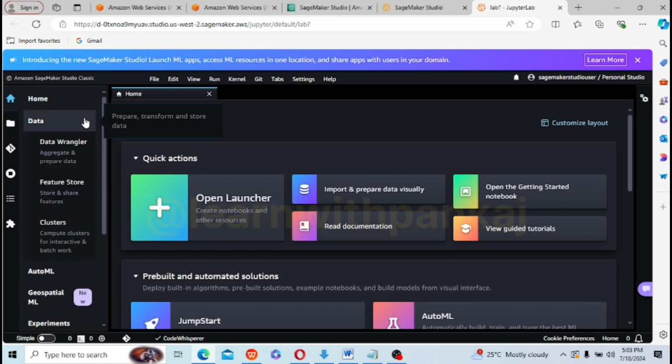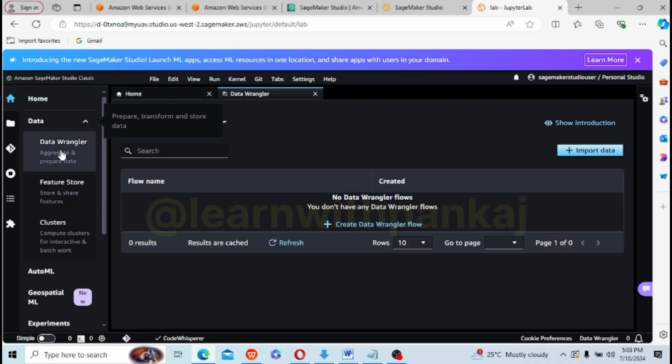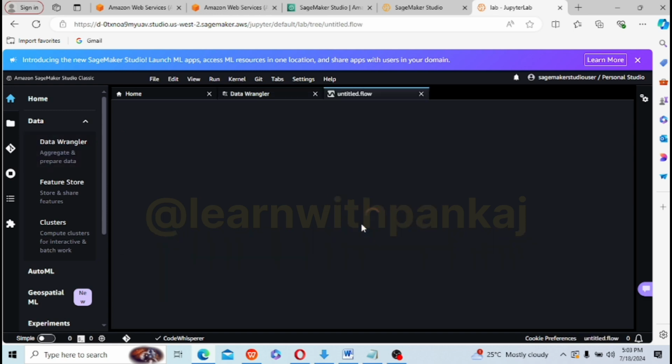Now what we have to do is take data from S3, do the preliminary analysis, visualize, transform, and load it back to S3, from where any company, the ML specialist, can take the data. We will go to Data Wrangler and create a Data Wrangler workflow. What is the workflow? It is the series of step-by-step transformations that we are doing, and it will create that workflow for us.